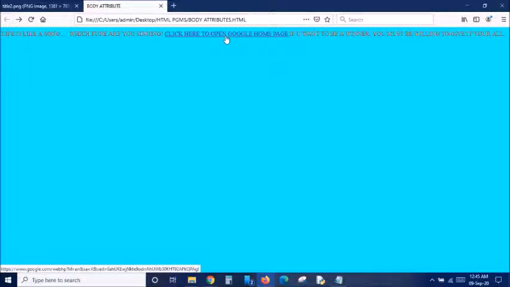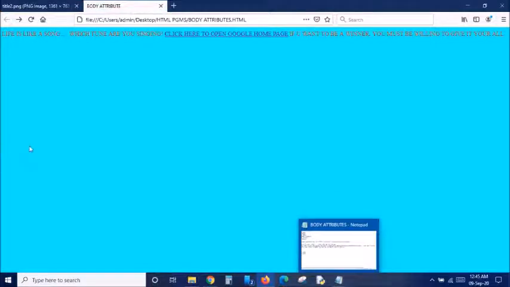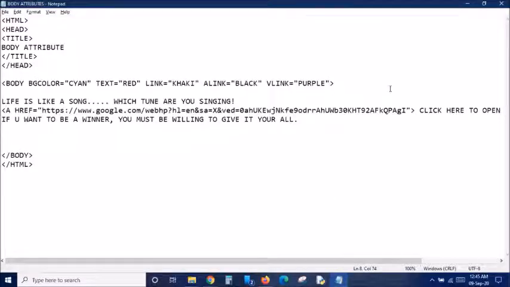Next, two more attributes are available for the body element, which are used to leave margins. See, at the top and the left side we don't have any margins at all. It is directly coming at the top. So that we are going to add now. Here you can add top margin as the attribute, and for the left margin, right margin and bottom margin, you can use it for all four margins. Here we are going to use pixels, and you need not give it within quotation, you can directly give the number. I'm giving topmargin equal to 100 and leftmargin equal to 50.